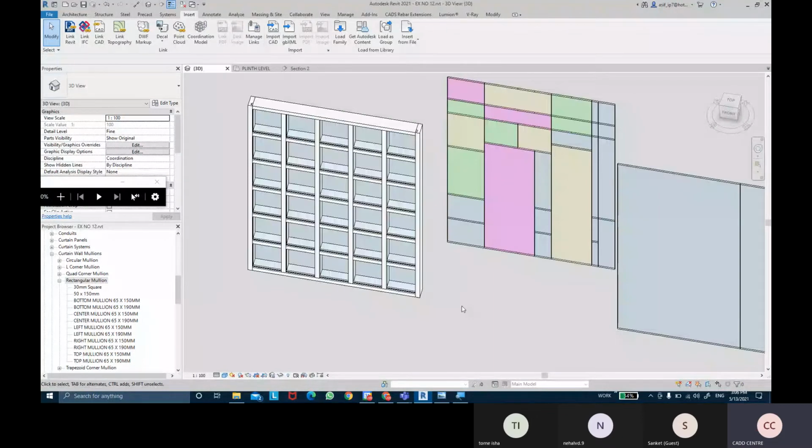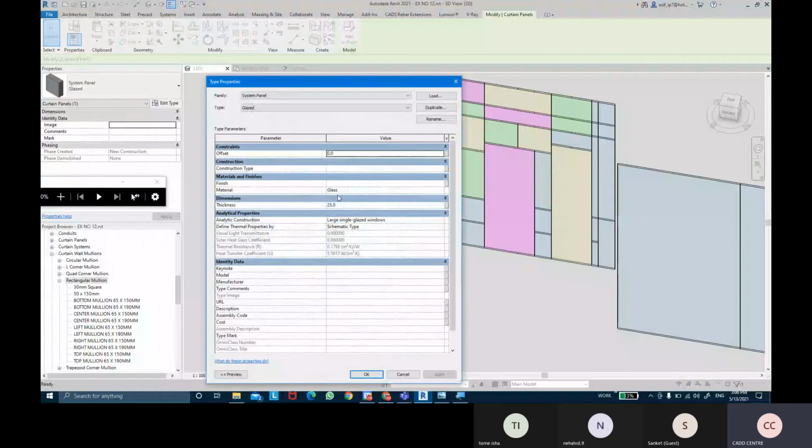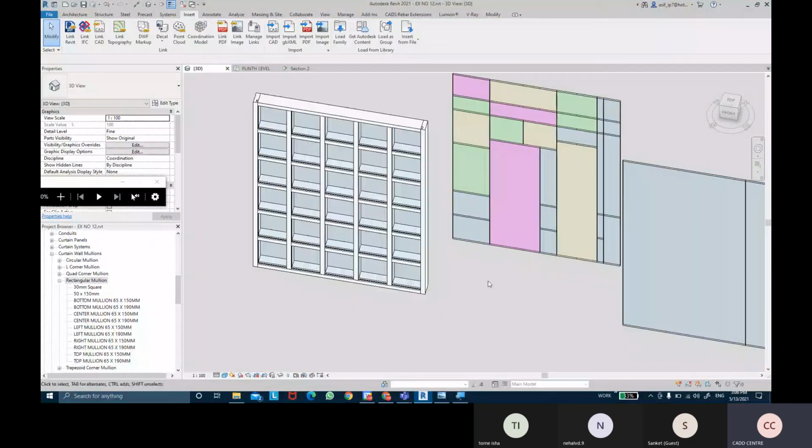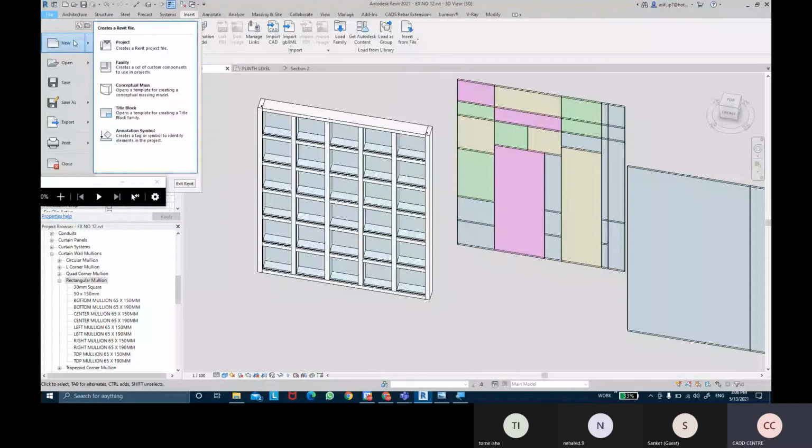We can create our own shape of profile as well. So if you want to create your own shape of profile for the mullions, basically. Okay, so let me just find out what is the thickness of the glass that I've kept. The thickness of the glass is like 25 over here, so we'll leave that much space only when we are creating a profile. So I'm going to come into the file, new and family. Okay, so I'm going to break this part into two parts. So today we're going to learn how we create the profile shape for the mullion, and in the next class we're going to learn how we add the detailings, the profile detailings inside the mullion profiles. So we're going to first create the profile shape.